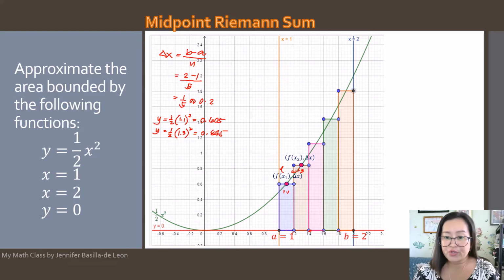Now for the third rectangle, to get the length, we get the midpoint of this. So that is 1.5. Then we would be able to get the length and the width of this rectangle. Evaluating the function at x equals 1.5,